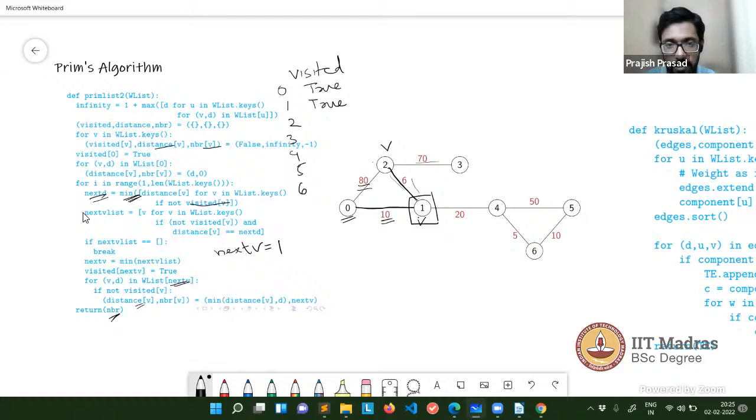so there is 70, there is 20, right? So we continue this until we visit all the vertices. We continue this n times, because at each step we are adding one edge, and after n times we get the entire tree,